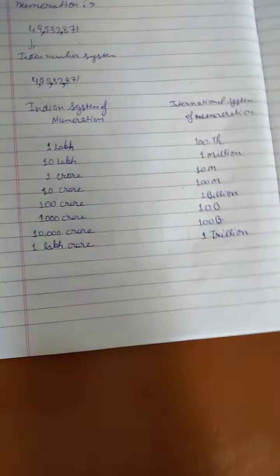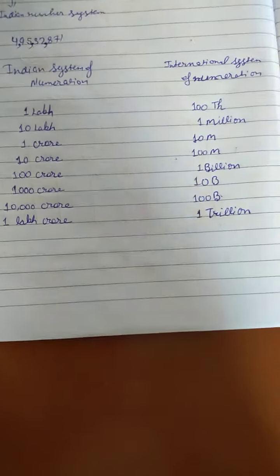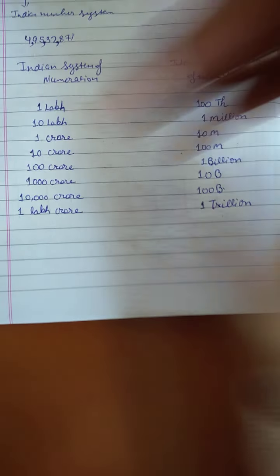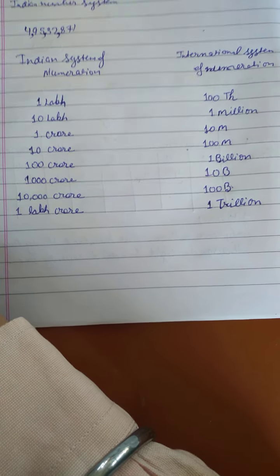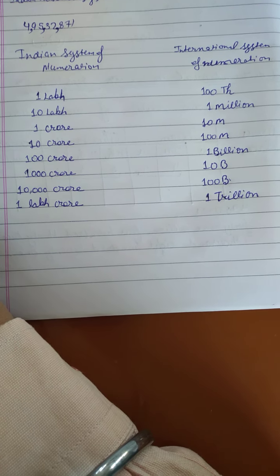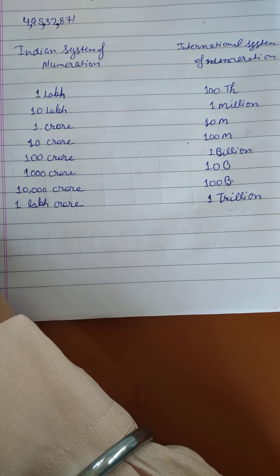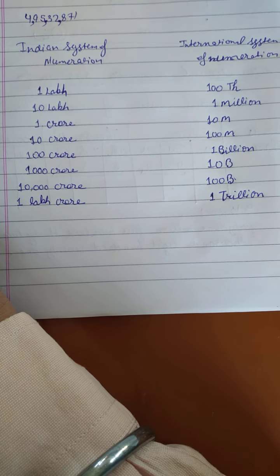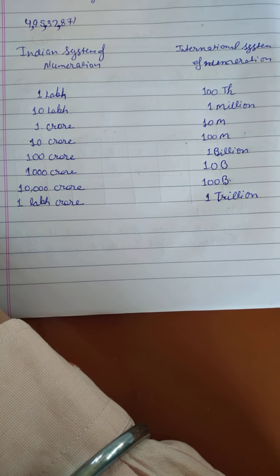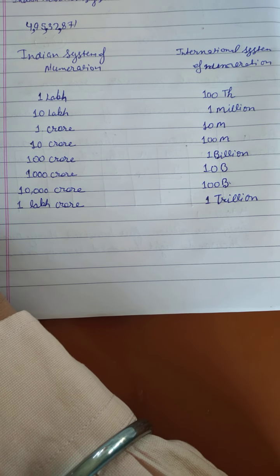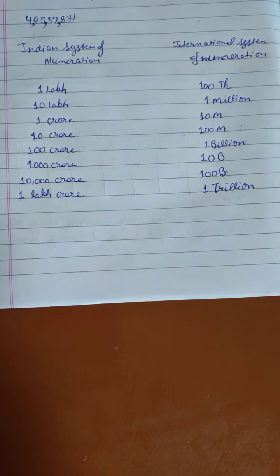So the international number system is very similar to the Indian number system up to the 10,000s, but after the 10,000s in the international number system, we stay in the same period and the next place is 100,000. But in the Indian number system, after the 10,000s, the period is totally changed and we move on to the next period, that is lakhs period. Is that clear to everyone?